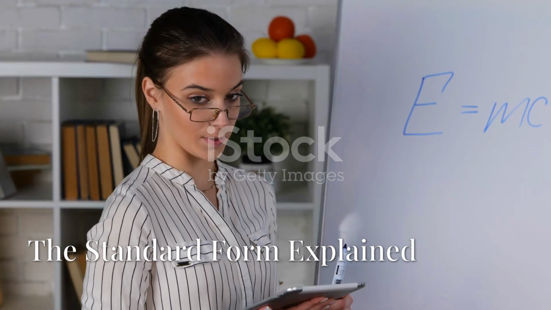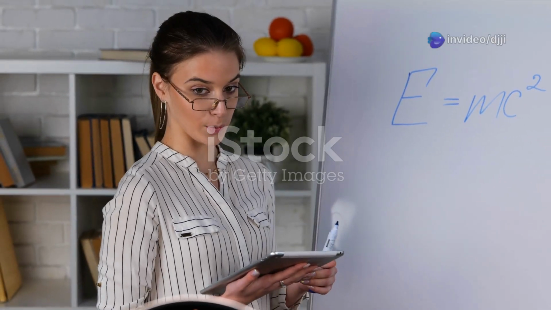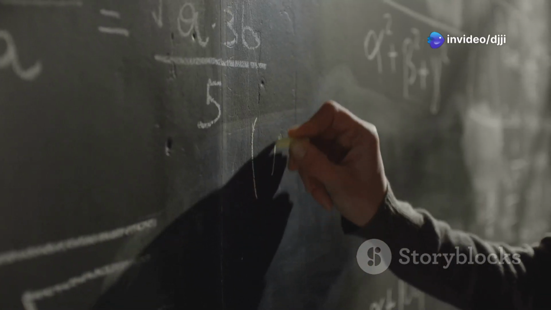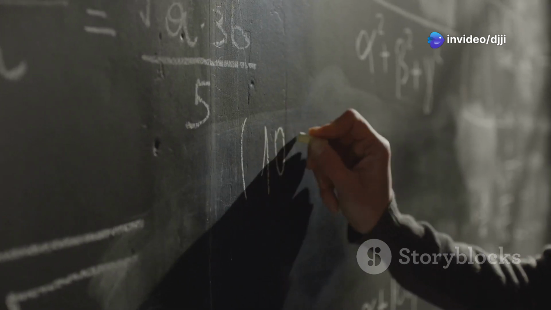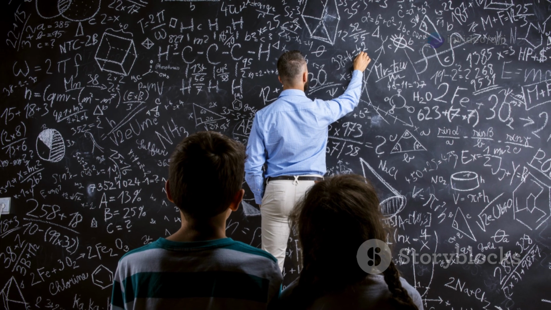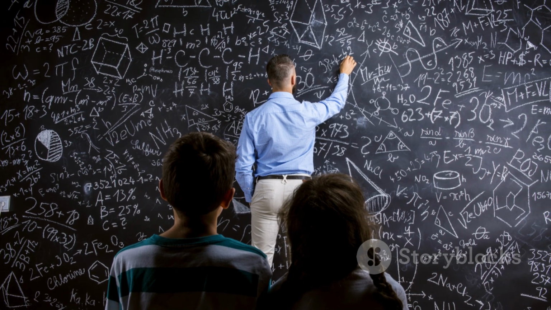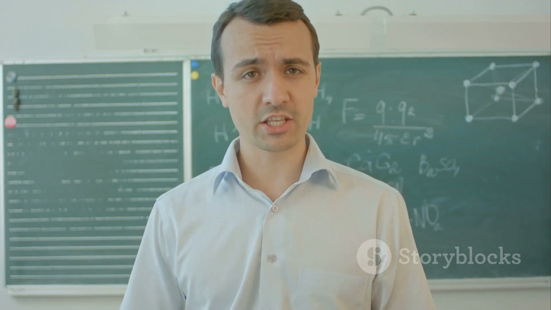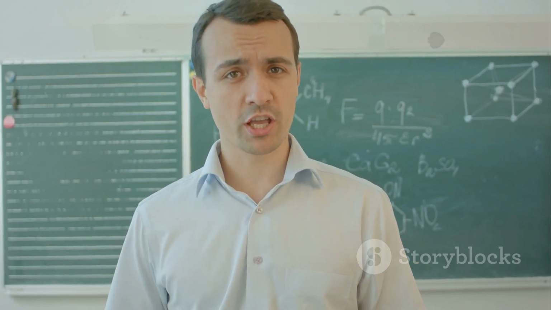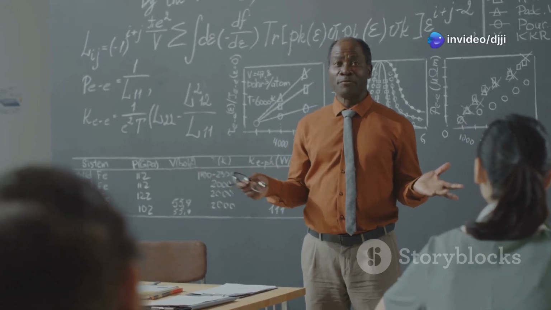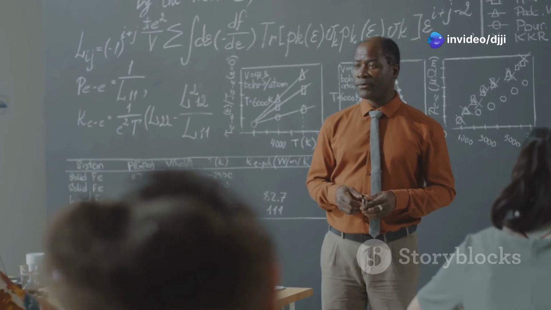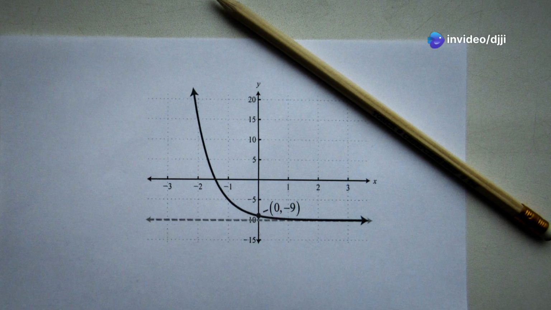Alright, let's talk about the standard form of a quadratic function. It's written as f(x) = ax² + bx + c, where a, b, and c are real numbers, and a is not equal to 0. So, a, b, and c are called coefficients. These are constant values that determine the shape, direction, and position of the parabola, which is just the graph